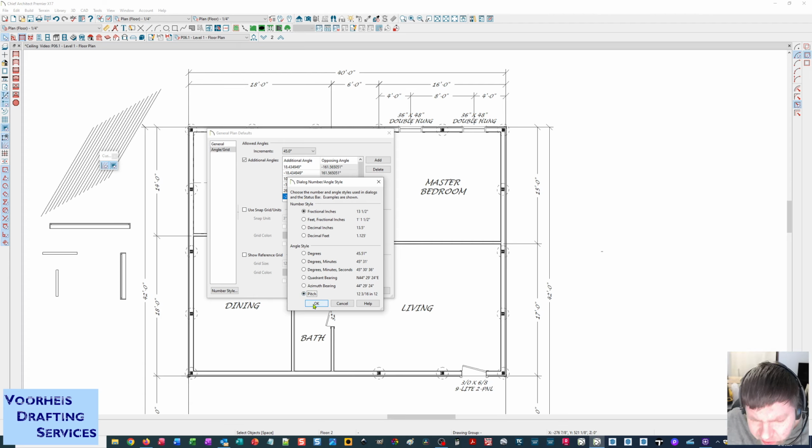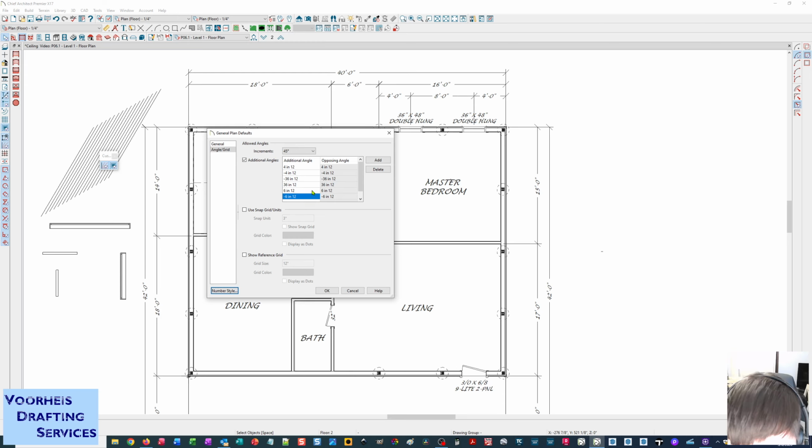And I'm going to click to pitch. And notice here I have angle snaps already set up for 4 and 12 and -4 and 12. And this is -36 and 12, but that's actually 90 degrees perpendicular to that 4 and 12